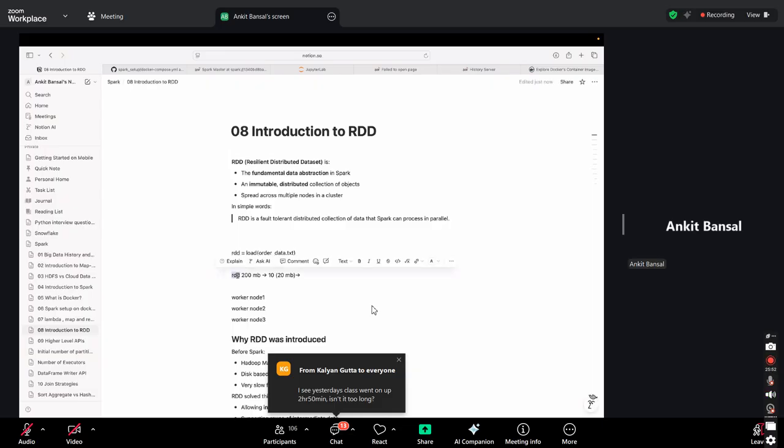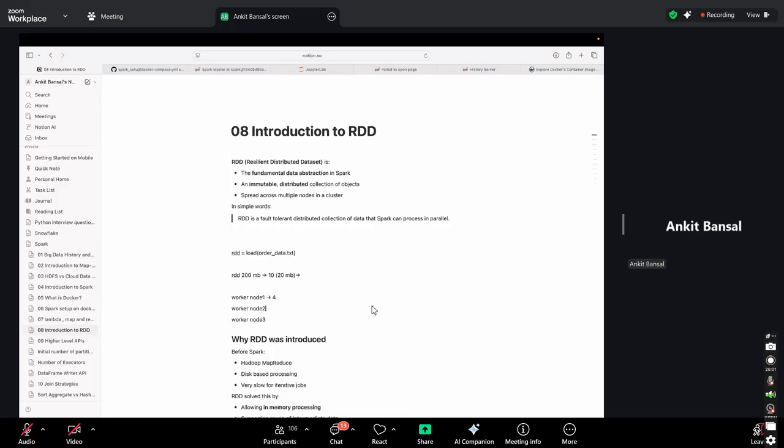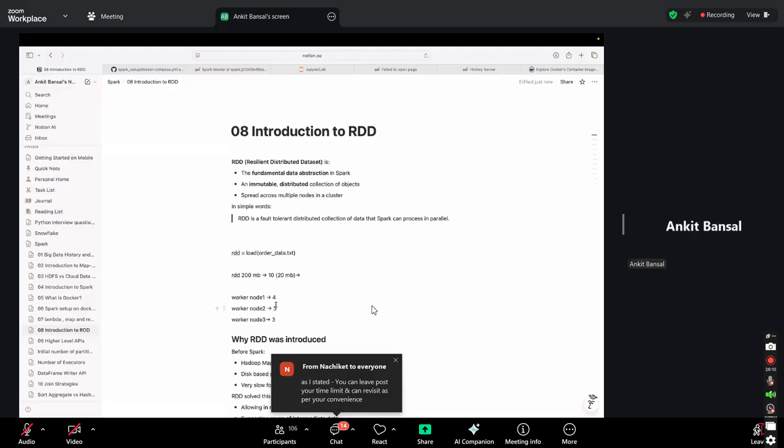The moment you create an RDD, it will be distributed. So it has 10 partitions, right? So maybe this worker will have 4 partitions, this worker will have, let's say, 3, and this will have 3. Well, I mean, it will distribute. It can be 5, 2, 2, 1, or whatever, right? But it will be distributed basically to different nodes. This RDD will be distributed, right? So that when you want to do some transformations, the transformations can be done